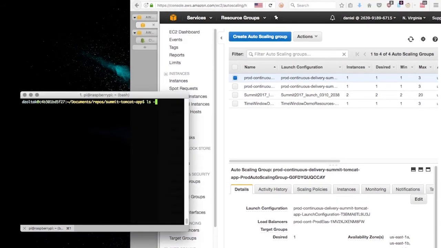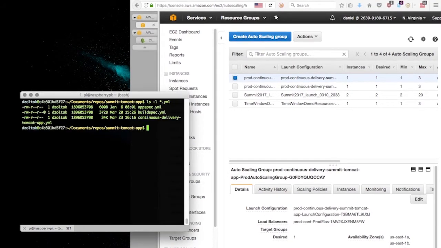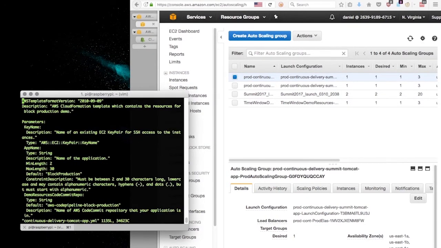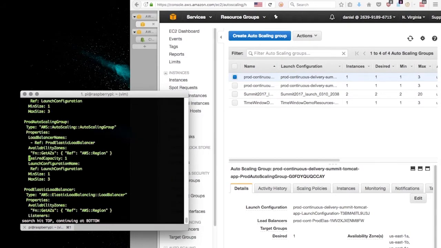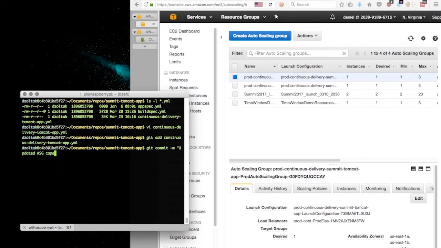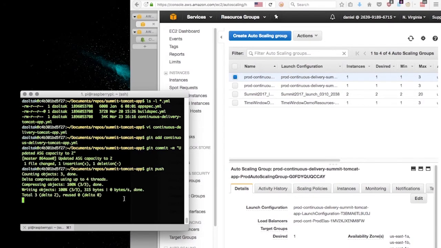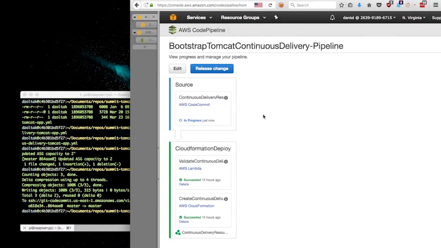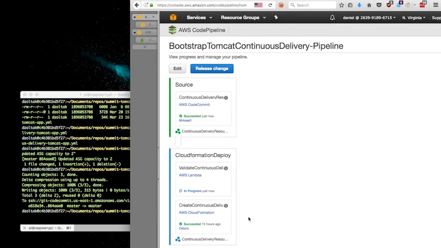Now in the terminal here, I'm going to edit the CloudFormation template and search for the production auto-scaling group resource and just increment that desired capacity from 1 to 2. There we go. Then I'm going to commit that change into the CodeCommit repository. And then that's going to kick off the CodePipeline. So just refreshing, you can see it passing through CodeCommit,